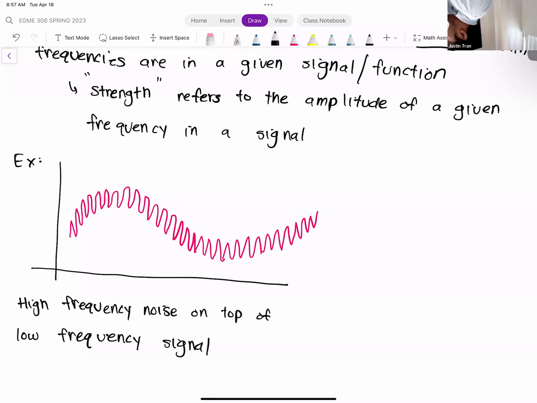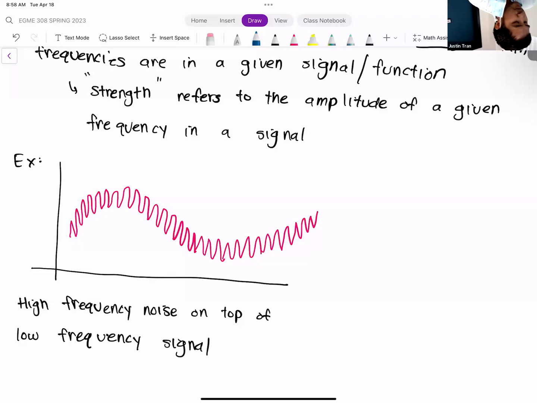One thing we may be interested in is the relative strength, or the amplitude, of the low frequency signal relative to the high frequency noise. Something you may be interested in computing is the signal to noise ratio. That's something that's usually computed for things like this. Okay. And so what you can do, I'll use a different color for this.